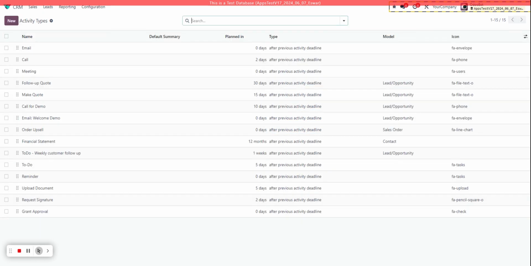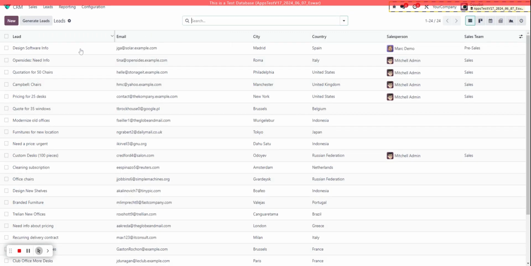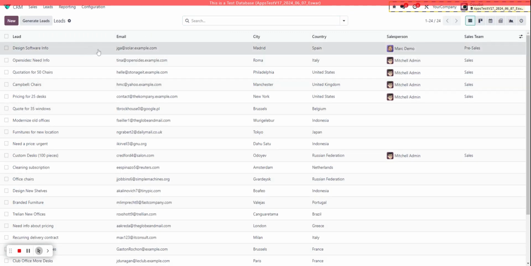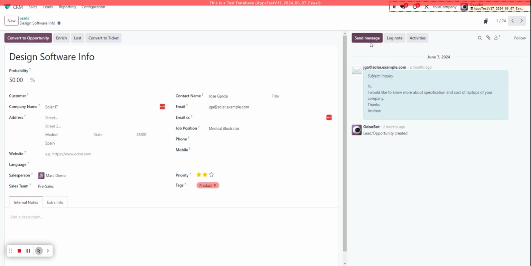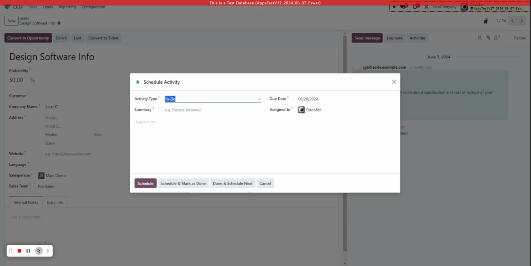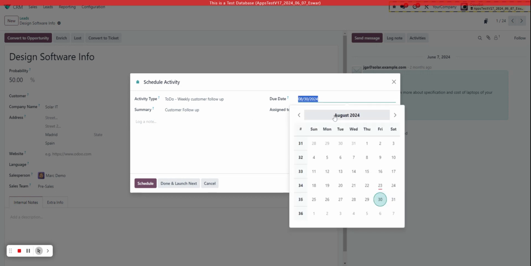And then we'll save that. And then we'll go to our CRM lead. I'll go to an existing lead right here, create that activity. We are going to adjust it to the activity type that we specified. Summary, customer follow-up. Due date is,